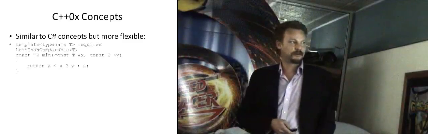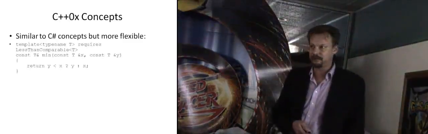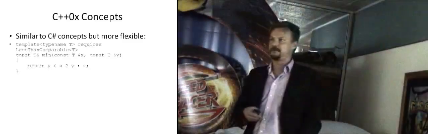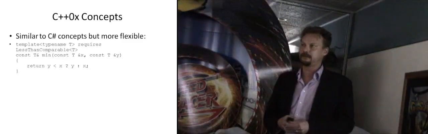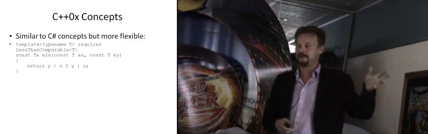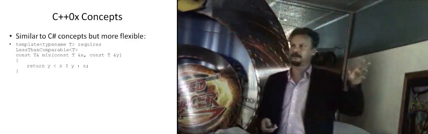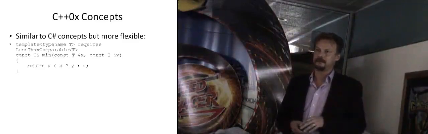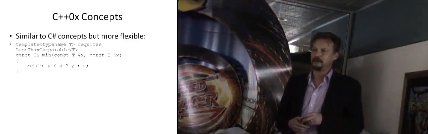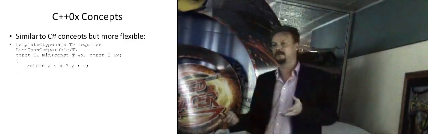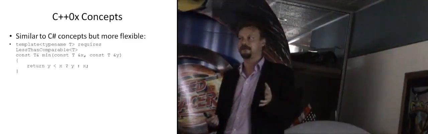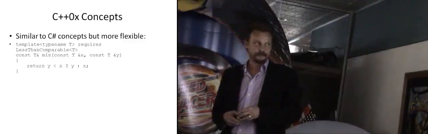C++0x, there's only one slide on this, but this is what is coming up down the pipe for C++. It's been recognised that concepts are such an important part of C++ that they're going to be formalised into the language, and this is what it looks like. And I don't know if people know, C++0x is the new standard C++ that was being worked on since late last century. It was supposed to be done sort of midway through the first decade of this century. They figured that 0x would be enough, and they were going to substitute the X for the year it was going to be released. But we're now in 2008.